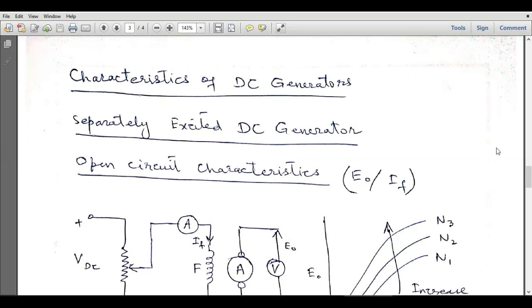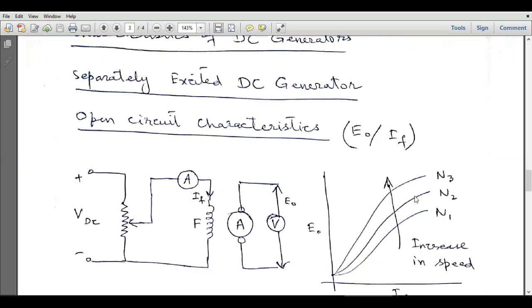In this lecture, I will discuss characteristics of DC generators. First, I will discuss the separately excited DC generator. Then, I will discuss the self-excited DC generator. In the separately excited DC generator, the first characteristic is the open circuit characteristic, and this characteristic is drawn between E